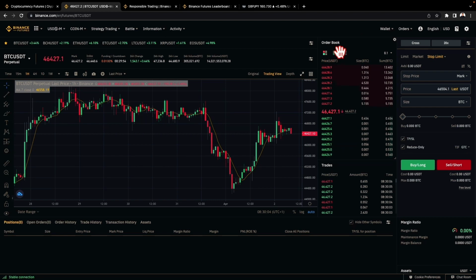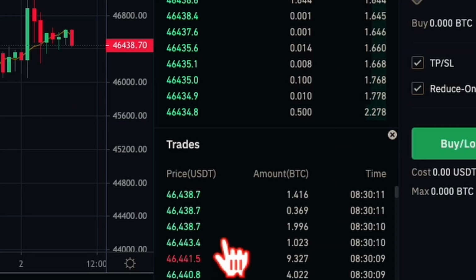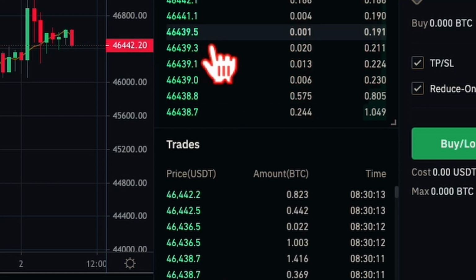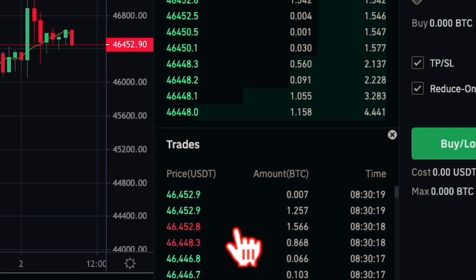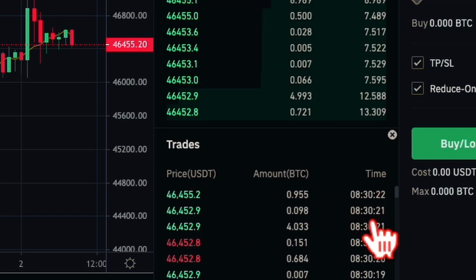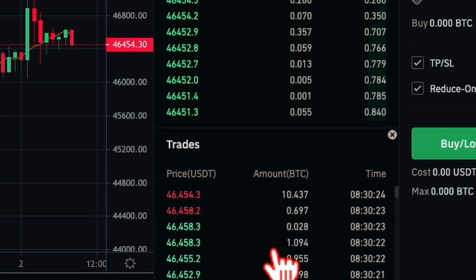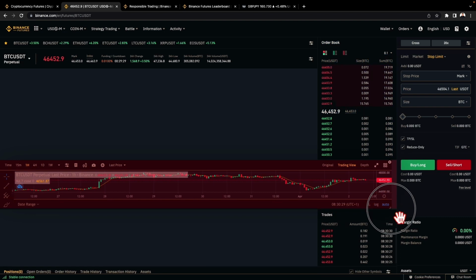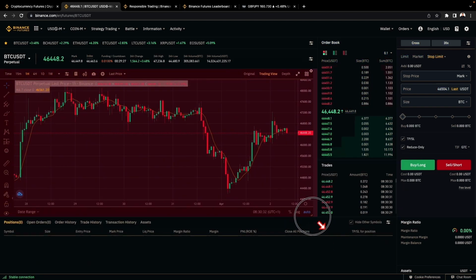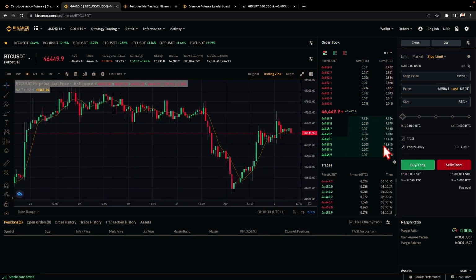Now, I've explained to you about the order book that shows you the ask price and the bid price. Trade simply shows you the transactions that have happened. I told you when the bid price meets the ask price, a trade happens. So this shows you the trades that have happened, the time that they happened, and the amount that occurred. You can close this button if you want, or you can simply drag this to cover it. I think there's a way to close it if you want to.